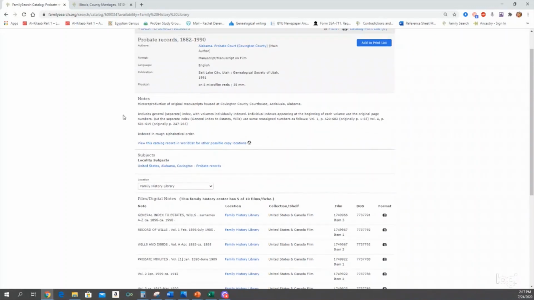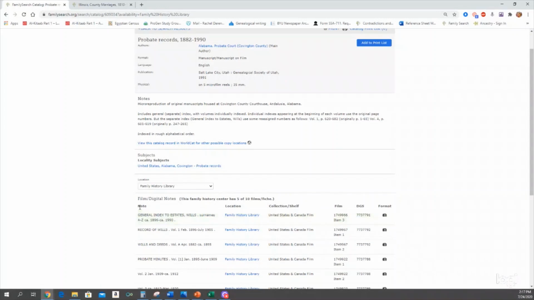And we are lucky enough that FamilySearch gave us notes about the organization. So I would recommend that you read these to save yourself a lot of time and frustration. And you can see here that it's indexed in rough alphabetical order, and it gives you some other tips about how the county had these records organized.